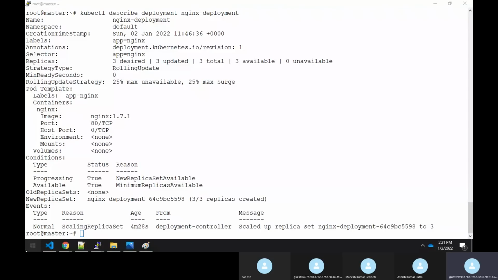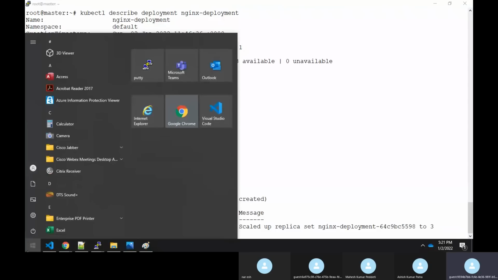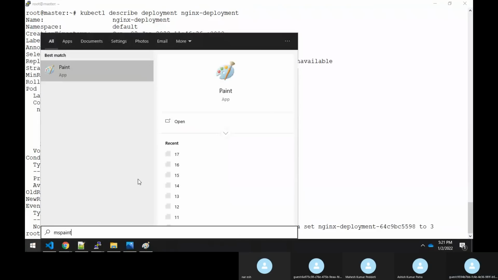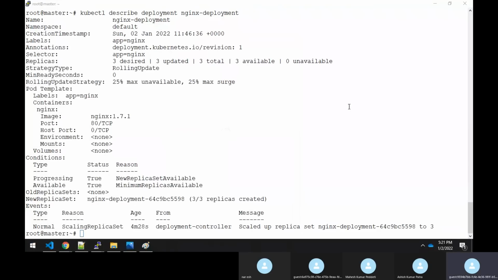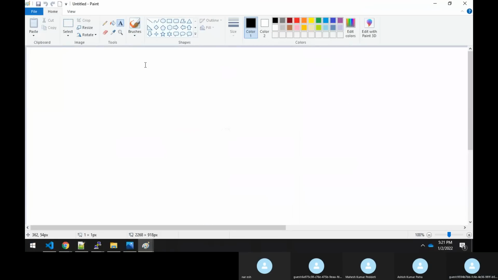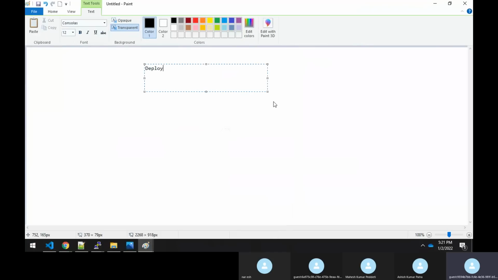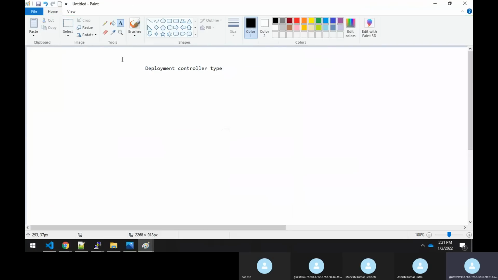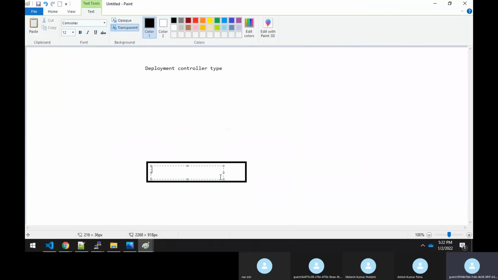If you are updating, in case of a deployment controller type, you have a replica set.